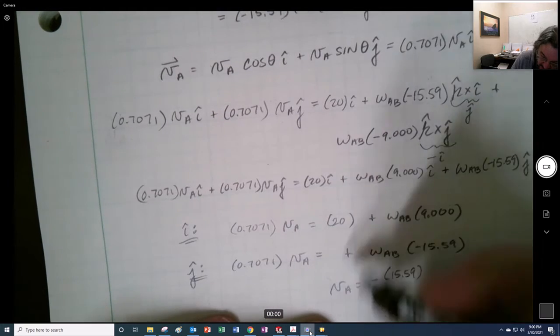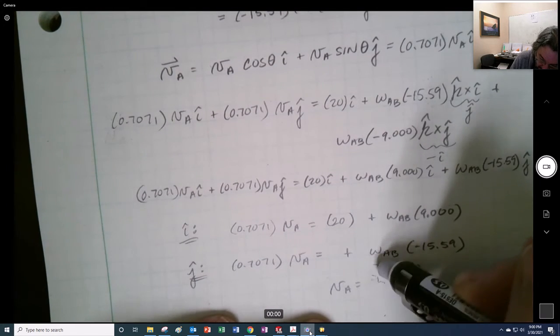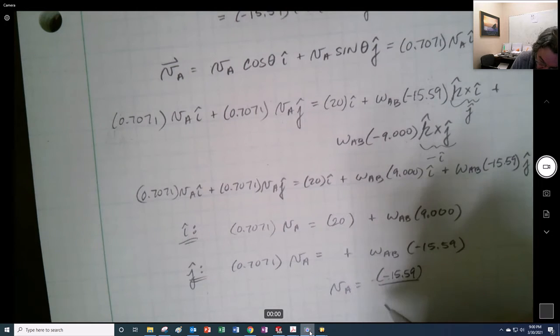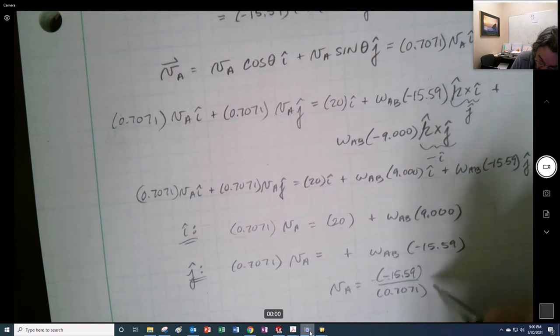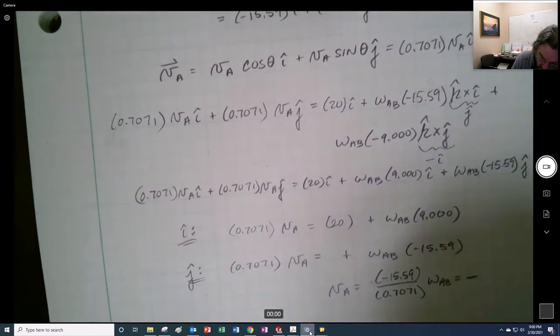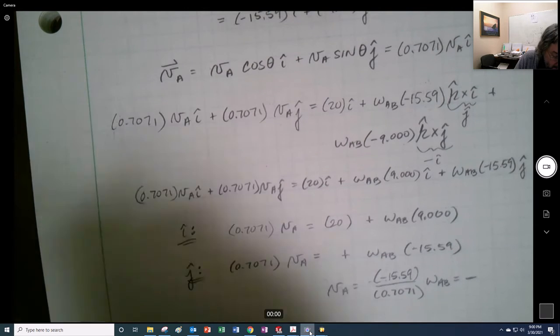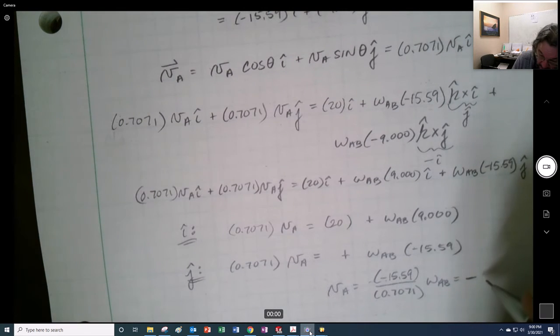Well, let me keep the negative inside the parentheses just for a little bit longer. Divided by 0.7071 omega AB, or a negative, so 15.59 over 0.7071. In fact, actually, let me go 45 cosine. Divided, and we get a negative